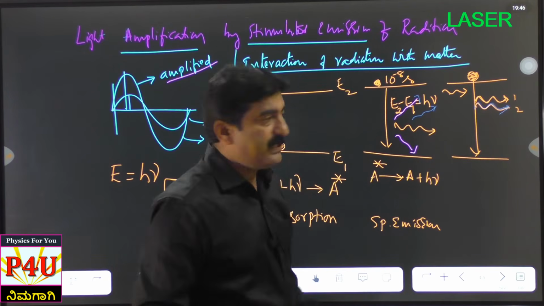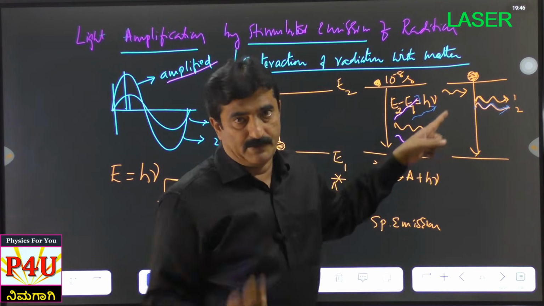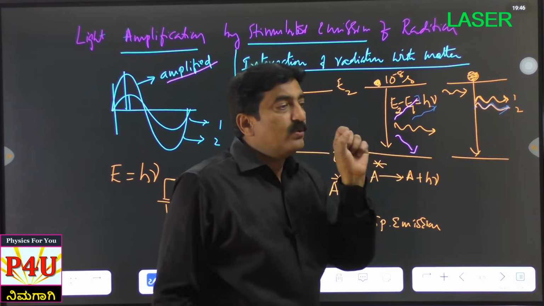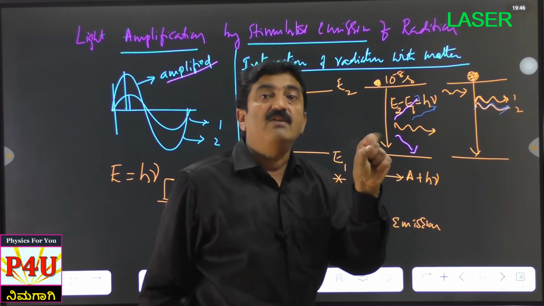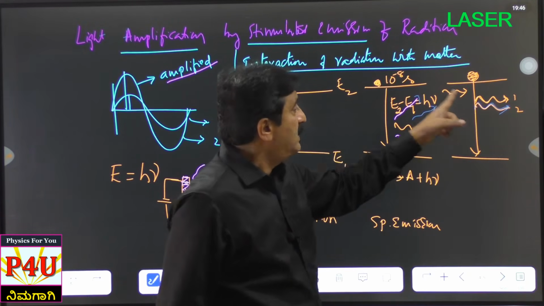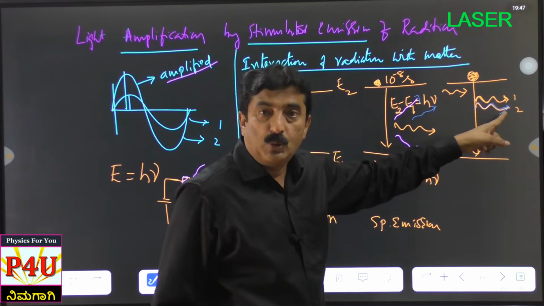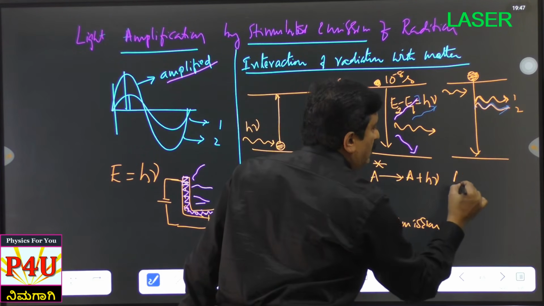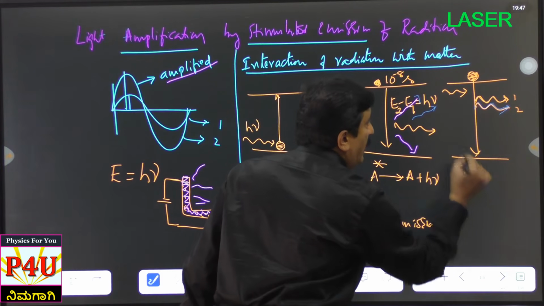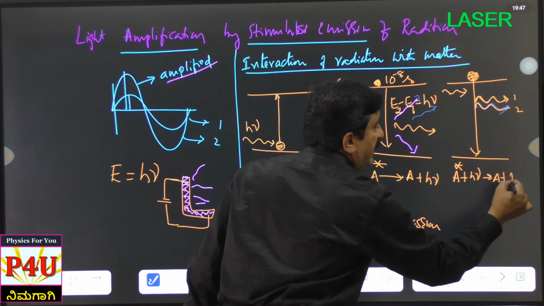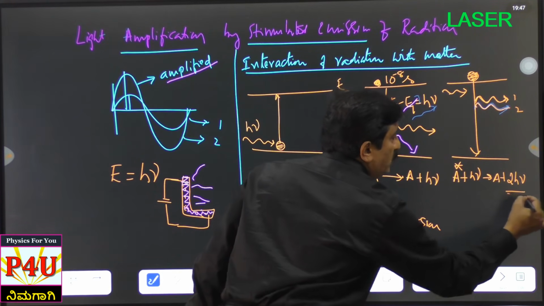See what happens? This photon is not absorbed. It is only stimulating, it's only instigating, it's only influencing. Because of that we are getting 2 photons. See, by losing 1 photon I am getting 2. This I want to write in the equation form. Atom is already in the excited state. Now I am sending 1 photon, therefore atom comes to ground state, but I get 2 photons, 2 h nu.